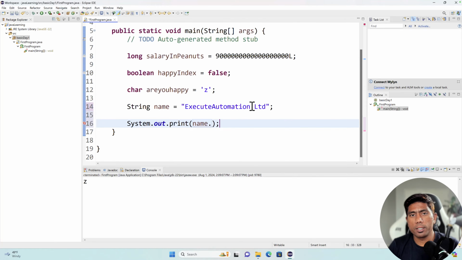Welcome to the next session of our course, Selenium Java from basic to advanced. We have been talking about the core Java concepts. In our last lecture, we discussed the primitive data types. And in this lecture, we are going to focus on one of the non-primitive data types, which is the